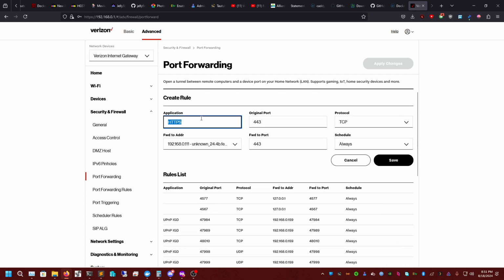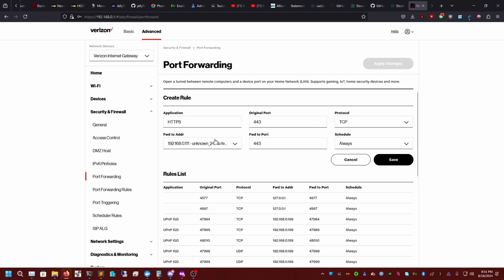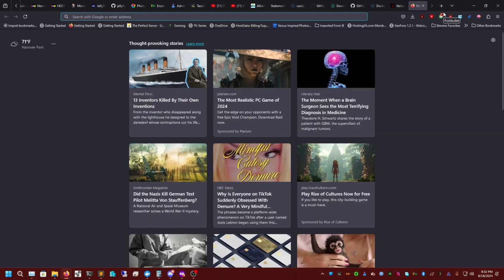Again, application name HTTPS, port 443, forwarding port 443, forward address 192.168.0.111. Again, this is my local PC. Protocol TCP, scheduled always. Once that's done, it won't show it's opened until you've run Caddy, but just for kicks and giggles, since I'm already running it,